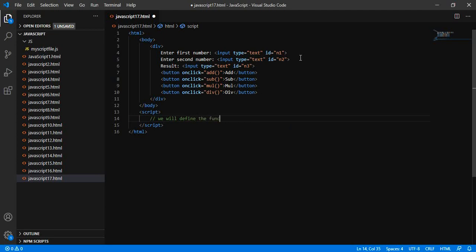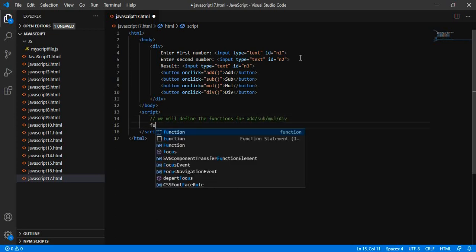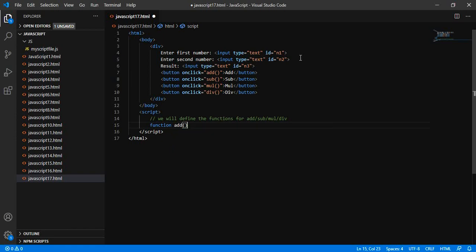So we have defined the three text boxes and the 4 buttons for add, subtract, multiply, divide. Now we will define the functions for add, subtract, multiply and divide, through which we will calculate the given values.